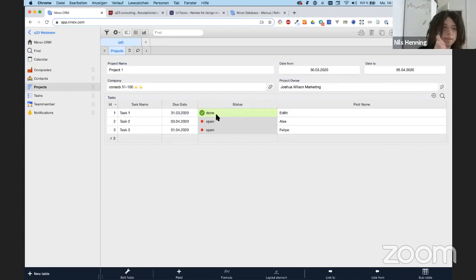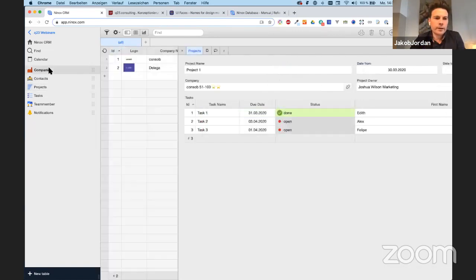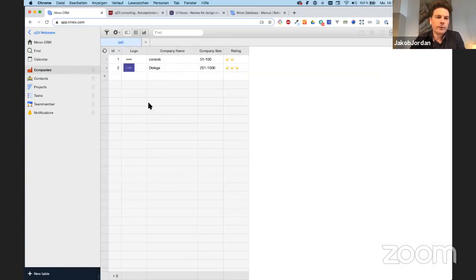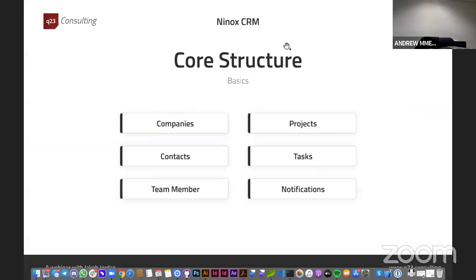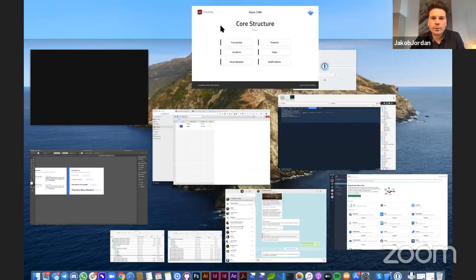Maybe you could, also for the people who join a little bit later, show a broad overview of all the tables real quick, now that we're at the halfway point of the stream, just to get a broad feeling. Yeah, cool. Okay, so far we created companies. First of all, let's look at our cheat sheet. The core structure of our CRM is companies, contacts, team members, projects, tasks, and notifications. So far, we created